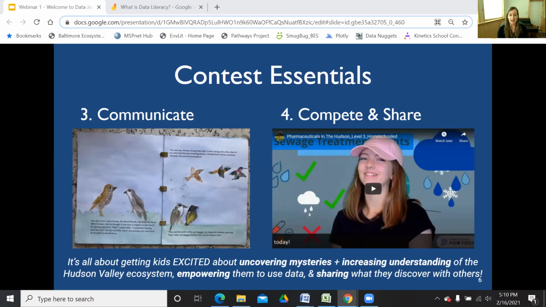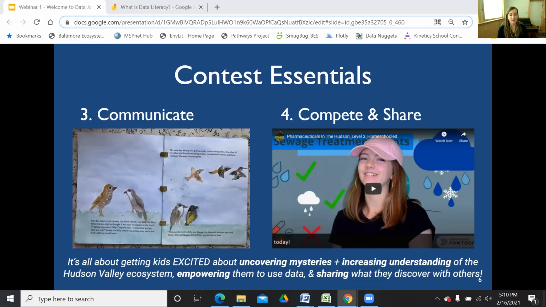As you can see on the slide, there is a storybook about bird migration. On the right is a video about pharmaceuticals in the Hudson River. People have done songs, poems, musical acts, comics, all sorts of things. So we encourage creativity. And then finally, the students are writing a report and submitting their creative project to be